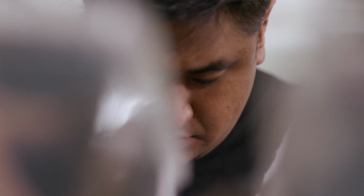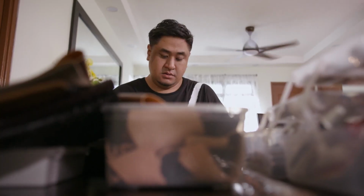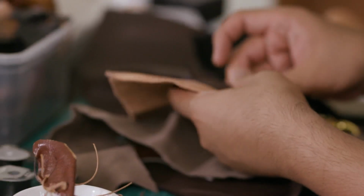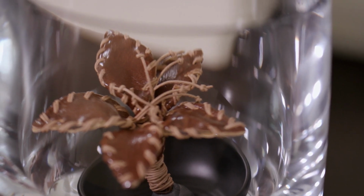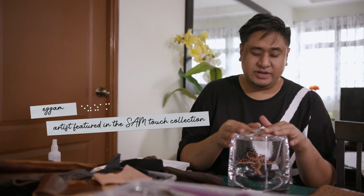My main objective is to share my ideas. I do want an engagement between my work and the audience, and I hope that the audience can be moved emotionally. So this is one of the works in progress, and this is the idea that I proposed to the museum. I'm hoping that the participants or the audience get to experience the work the way I want them to feel it. From lifting up the lid,